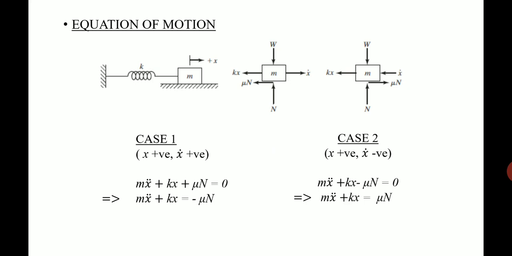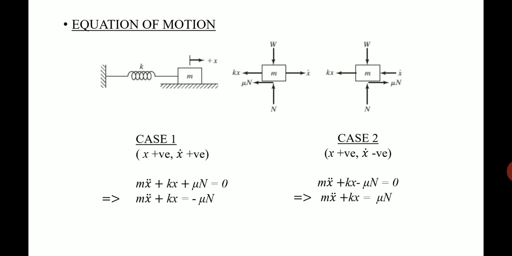Here in this case, one thing you have to notice is that normal reaction is also in the same direction, weight is also in the same direction. The thing which is varied here is the direction of velocity. In the previous case, the direction of velocity was towards the right, but here it is towards the left. So as a result, the frictional force will be directed towards the right, because the motion is towards the left. So considering that, in the second case, as we have shown, x is positive and x dot is negative. X dot is negative means the velocity is directed towards the left side. So the frictional force mu n is directed towards the right side.